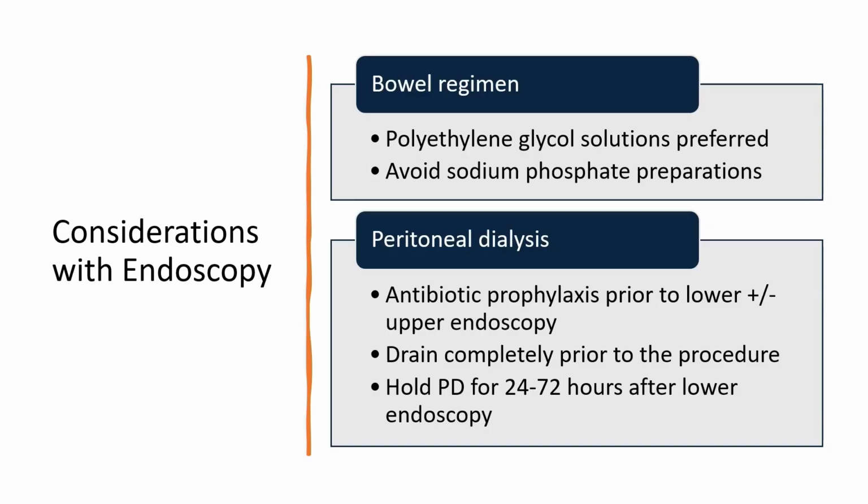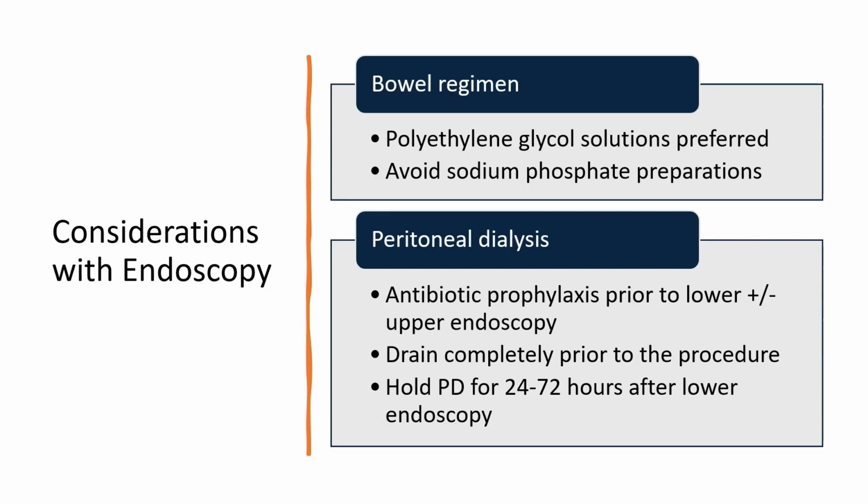So when a patient is undergoing endoscopy, if they have chronic kidney disease or end-stage kidney disease, we generally recommend polyethylene glycol solutions and avoidance of phosphate-containing preparations because of the risk of hyperphosphatemia and phosphate nephrotoxicity. For patients that are on peritoneal dialysis specifically,